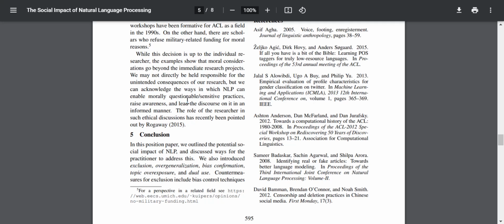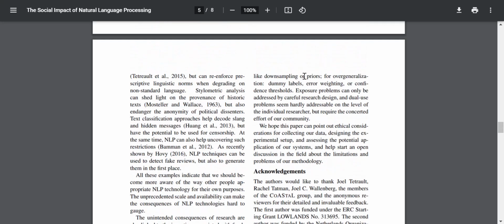So, in conclusion, in this position paper, we outlined the potential social impact of NLP and discussed ways for the practitioner to address this. We also informed exclusion, overgeneralization, bias confirmation, topic overexposure, and dual use. We had to look at all of these in different sections. Countermeasures for exclusion include bias control techniques like downsampling or priors, which we discussed. For overgeneralization: dummy variables, error rating or confidence thresholds. So, confidence thresholds is basically even though the model says class A is the best class, but